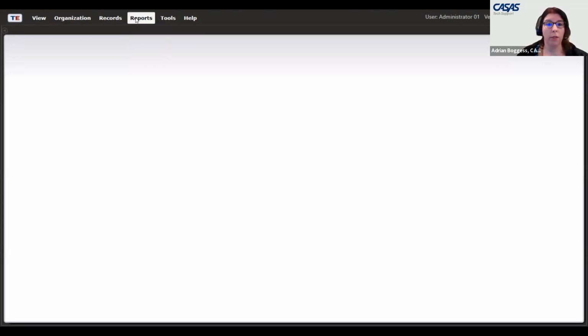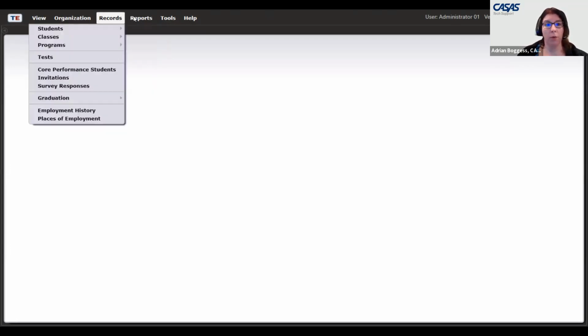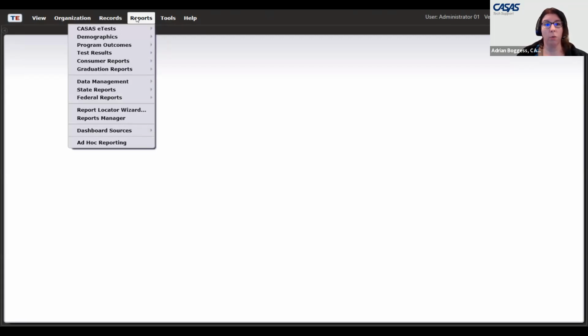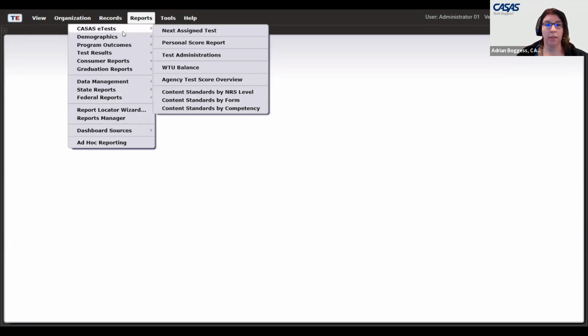reports. Now, reports is a combination of both records that are connected with students and your agencies. So your CASAS e-test, this is going to show you a combination of both. The next assigned test day, you have multiple sites. It's going to show you for all of your sites. You can customize it to show just one site, but this will show your next assigned test for the student's